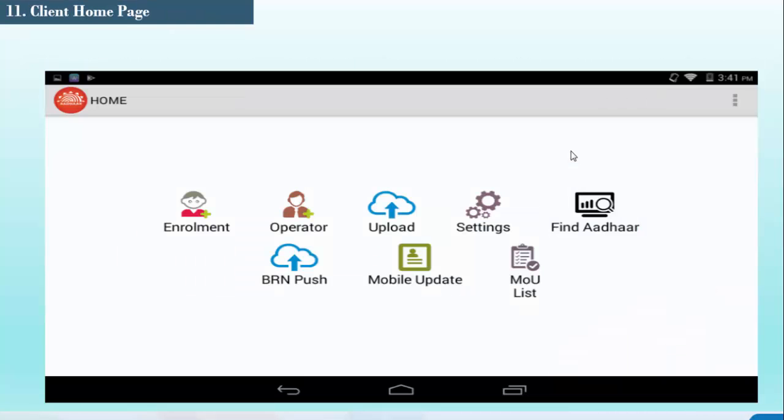We have already covered settings, client settings option and find other facility in the previous videos. We have also seen the child enrollment option and operator addition option in the previous videos and slides. So we can go directly to the upload option in this video.